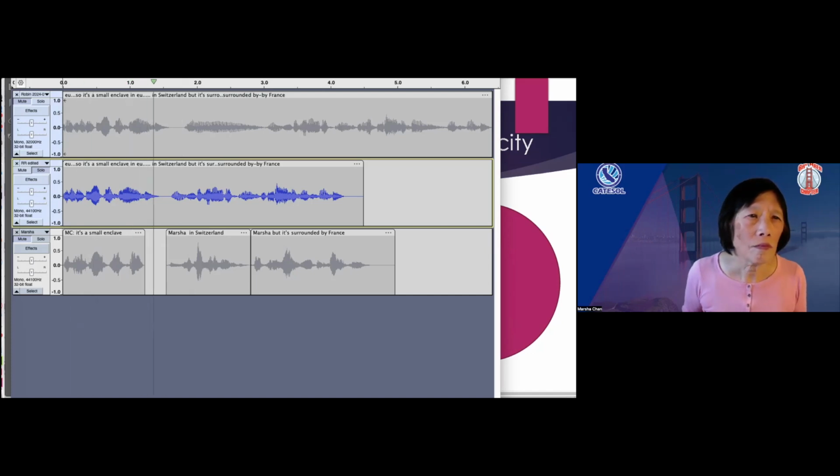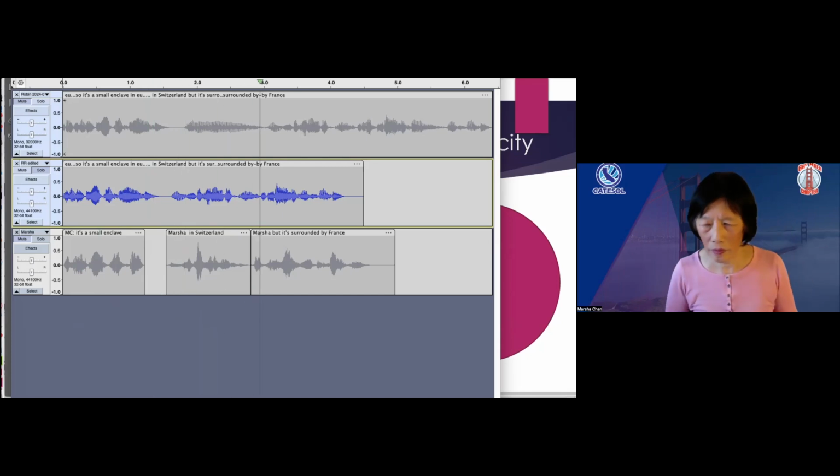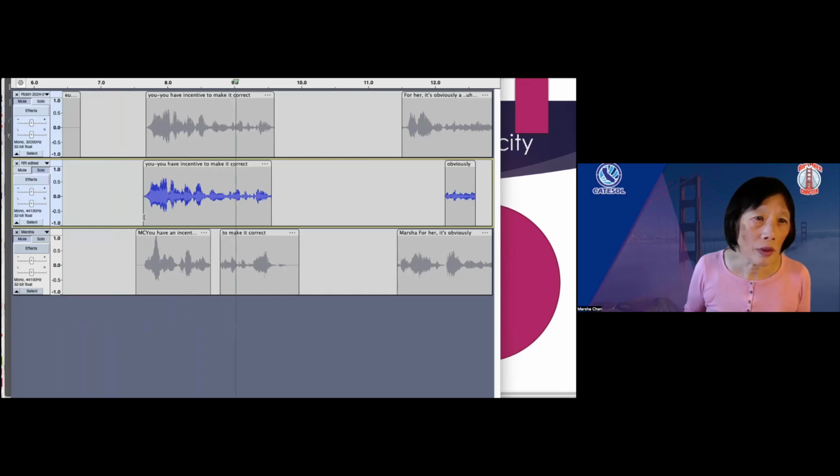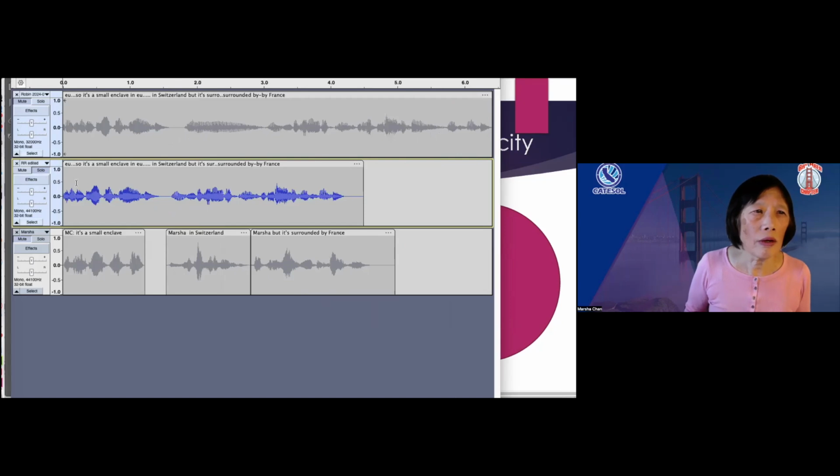It's a small enclave in Switzerland, but it's surrounded by France. Okay, do any of you hear any word stress problems that you would want to work on? I'll play it again. It's a small enclave in Switzerland, but it's surrounded by France. It's a small enclave in Switzerland, but it's surrounded by France. Okay. You have an incentive to make it correct. Okay, so let's stop It's that. obviously. Okay, so